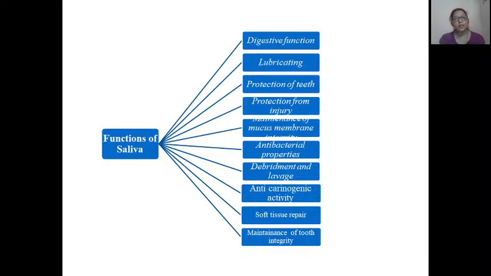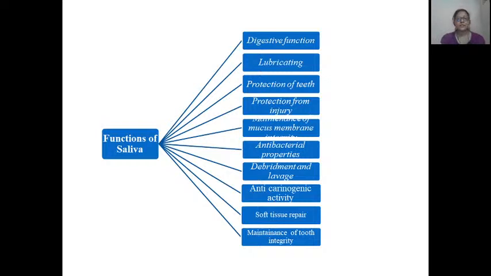It protects the teeth because saliva contains various antibacterial proteins, and this helps to prevent dental caries, thus protecting the teeth. Protection from injuries: it dilutes the various toxins present, thus it protects from injuries. It maintains the oral mucous membrane. It has antibacterial properties because of the presence of lactoferrin and lysozyme. It helps in debridement and lavage. It flushes out all the toxins and microorganisms, thus helping in debridement and